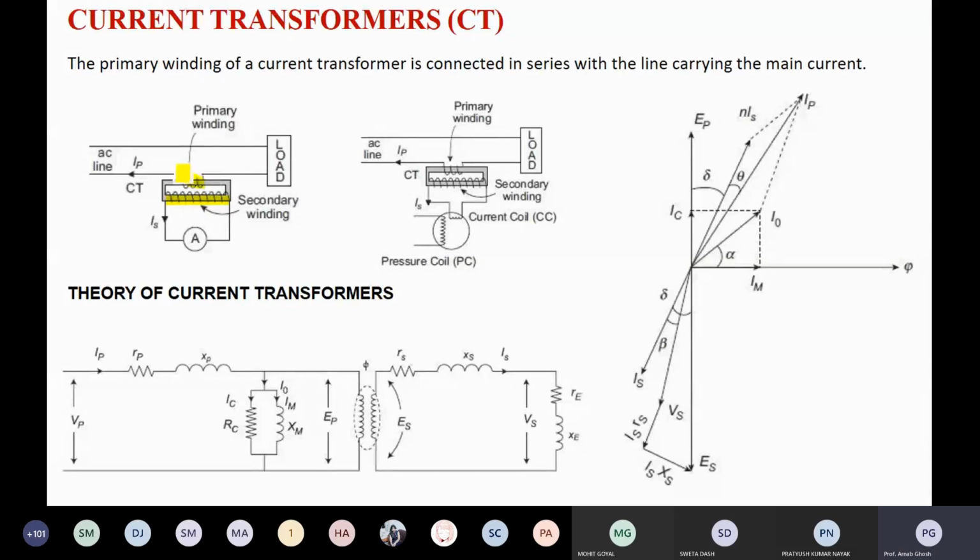Secondary side, that's the issue for making the secondary side voltage. The secondary side of the CT is normally shorted. If it is not shorted, then what happens? If it is open circuit, there is a possibility of shock. That's why you are making it short circuited. So there may be current, but voltage is zero, because in a short circuit path there will be no voltage.